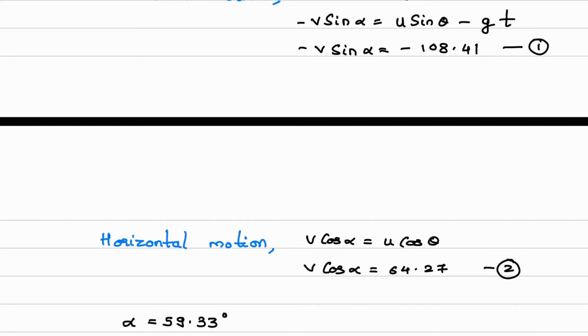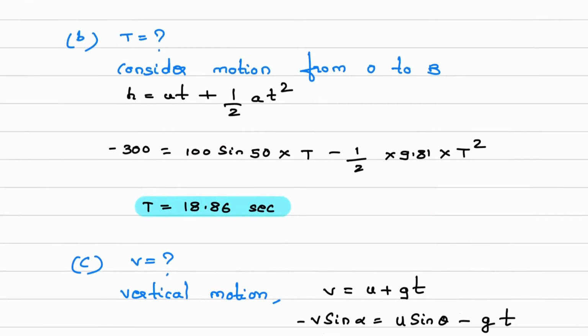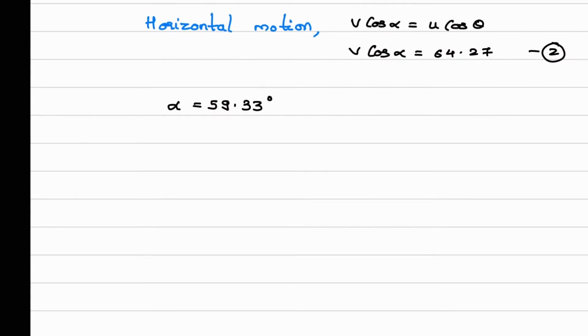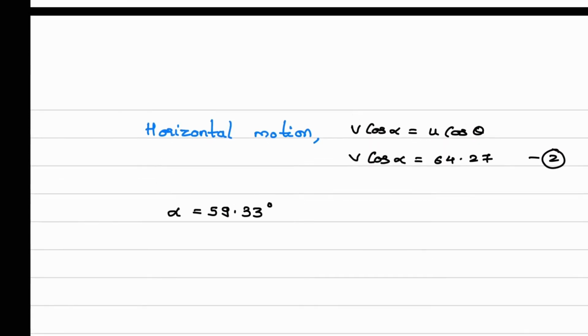Now here we will not consider this negative sign. We'll consider sine alpha. We already know the direction, right? It is downward. Here you can see in the diagram, this is downward and this is towards right. So alpha will be in this direction, that we already know. So we will just calculate the value of alpha. Then substitute that alpha value in either equation 1 or 2. You will get velocity. So velocity is equal to 126.04 meter per second.